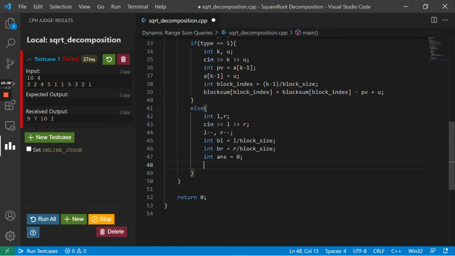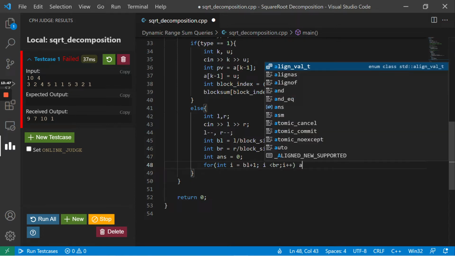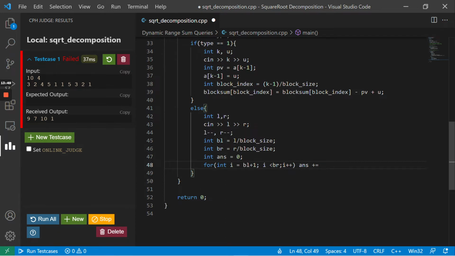For all the blocks starting from BL plus 1 to BR minus 1, int i equal to BL plus 1 up to i less than BR, i plus plus, we can simply add the answers of those blocks,